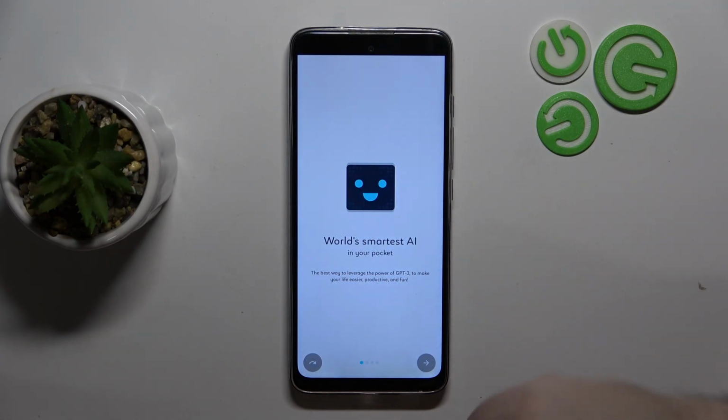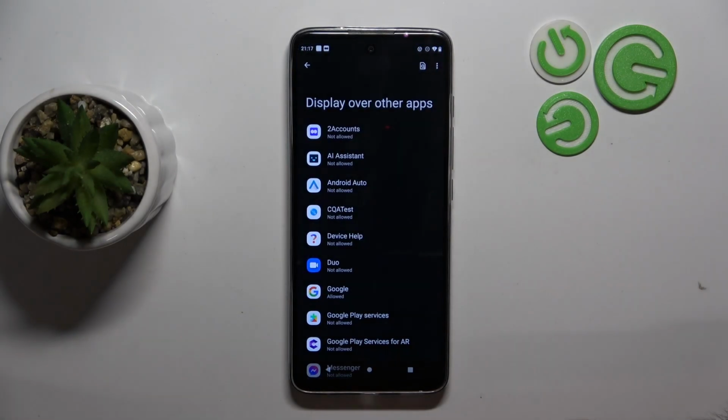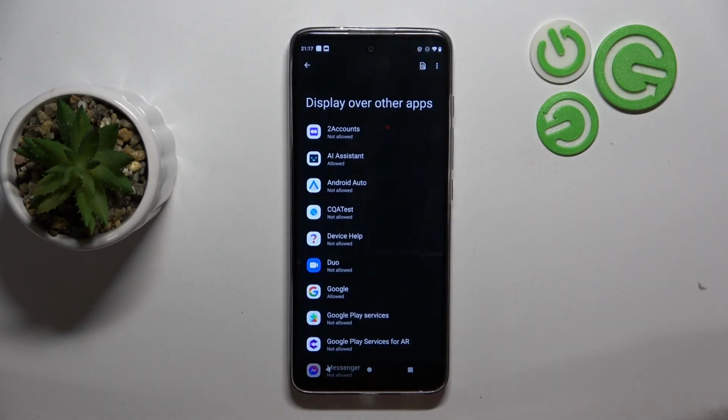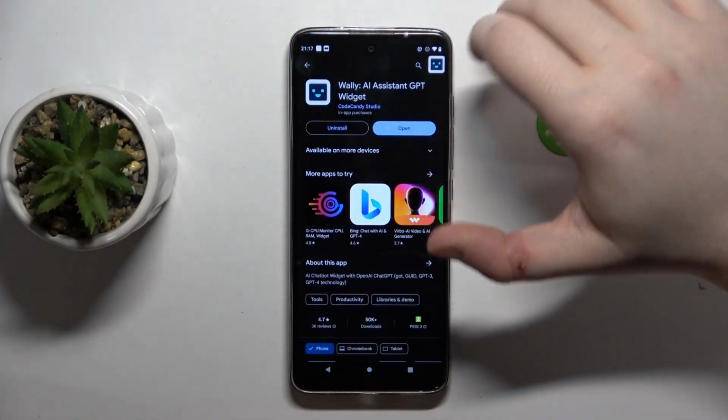Now you can click open. And now click this button to skip introduction, then click not now, and then click open permissions. Now select this application and click here to allow this app to display over other apps, and then click back and click back again. Now you can click start, and as you can see, here is your ChatGPT widget, and